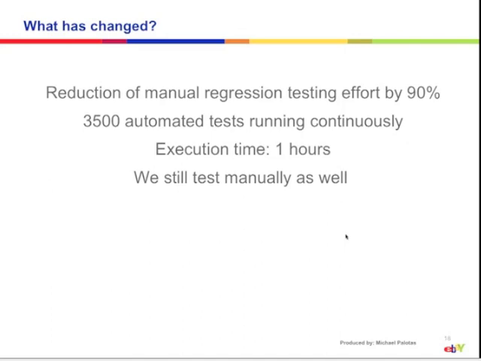We still test manually as well. Very important. Even regression testing, whatever is left, those 10% or so that's not automated, we still do manual checks because, yes, we do trust the machines and we do trust our automation scripts, but I think it's always a wise idea to have 1 or 2 or 3 pairs of eyes looking at the product, just to make sure that everything works. But you don't have to go through every single flow that's out there.